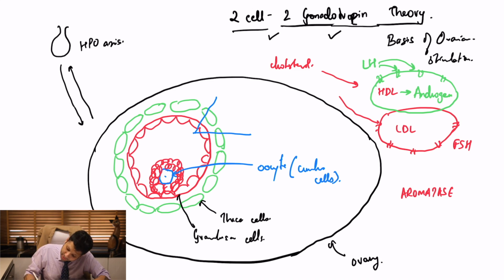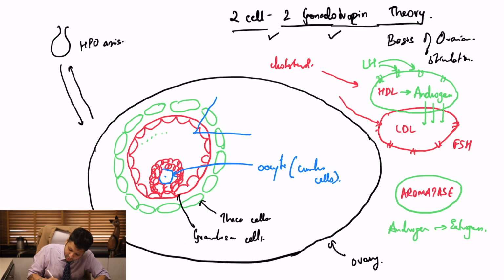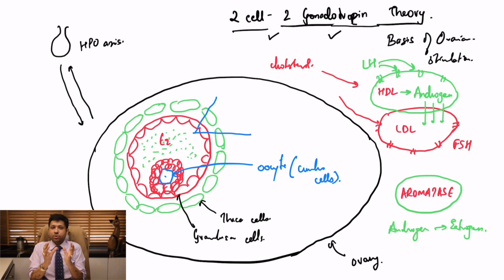Okay, when the androgen then traverses inside the granulosa cell, it is the aromatase which acts and converts this androgen into estrogen. Okay, and then this estrogen is let out inside this entire follicular fluid. So the follicular fluid is rich in estrogen apart from various other chemicals which it already has. Estrogen is predominantly present inside the follicular fluid. Very simple for people to understand.